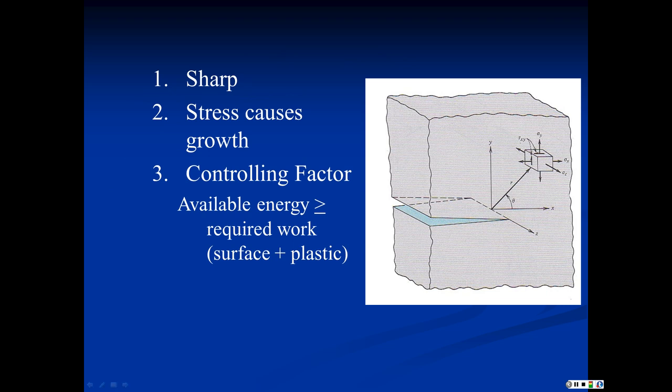Now, there's a couple of characteristics. In general, we're going to assume cracks are sharp. The tip here is a very small radius. And the key here is that a far field stress, a stress applied to the body out here, is going to cause this crack to grow. And even though we're going to call some of our methods critical stress intensity factor methods, what I want you to understand is that the controlling factor isn't that we've exceeded some critical stress. In all practical fracture mechanics, the real key is the available energy,